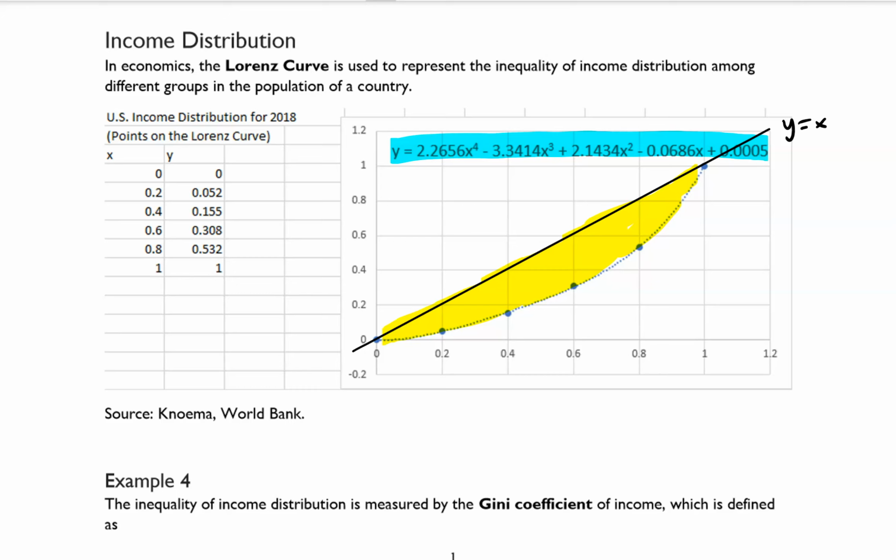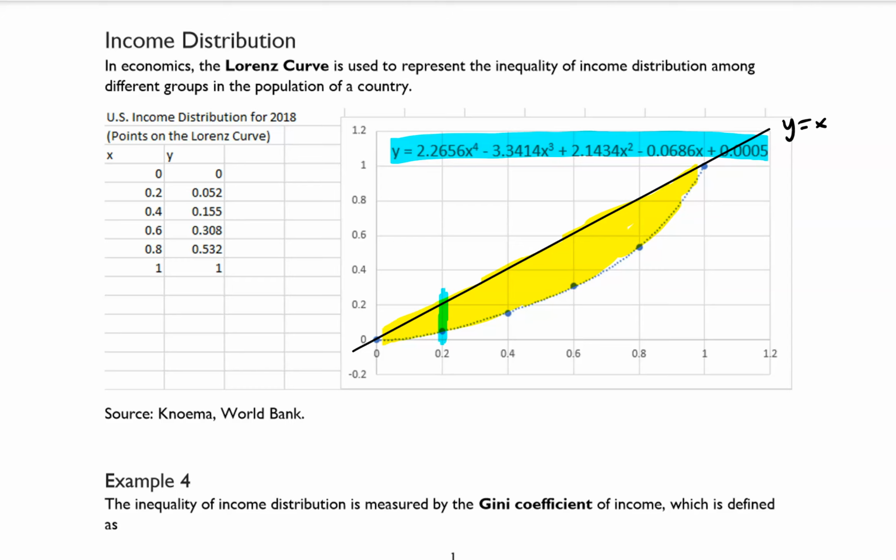And the closer the Gini coefficient is to 0, that means that there's more equality of income distribution because, for example, 20% of the bottom population owns 20% of the income. So if this were closer to that line, as the area of the yellow region gets smaller, that income or wealth gap decreases and is spread more